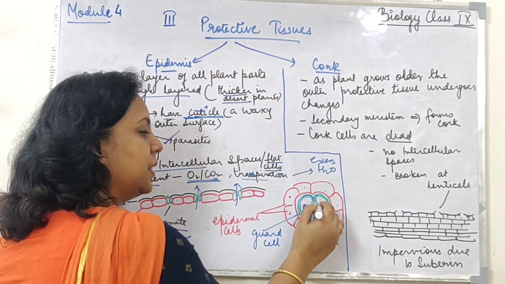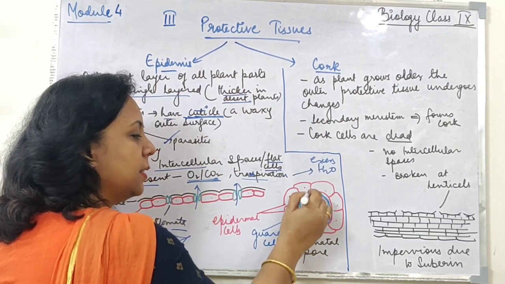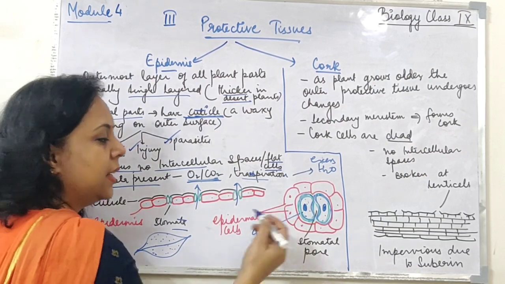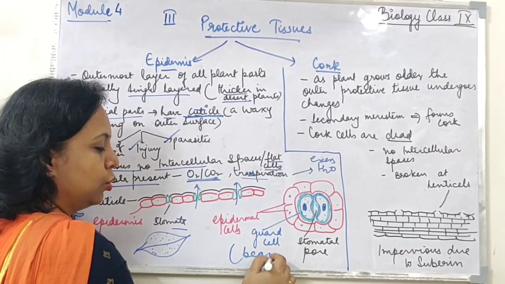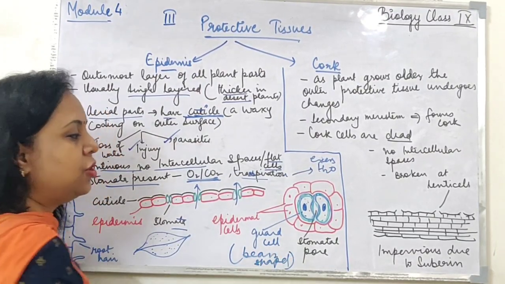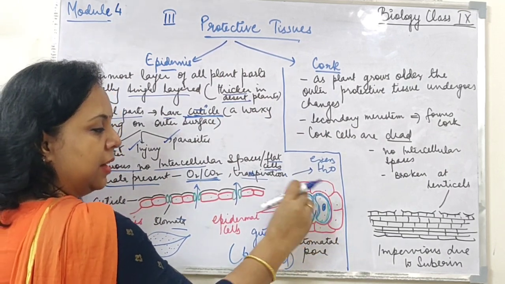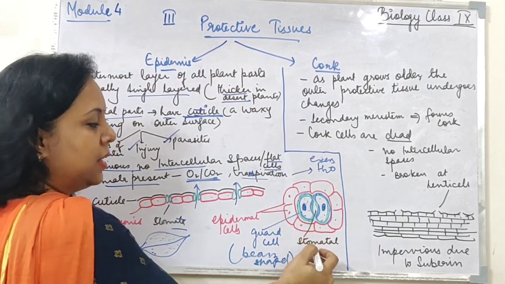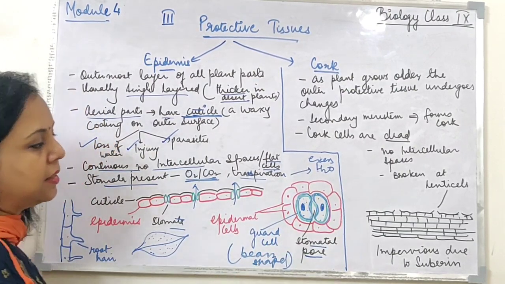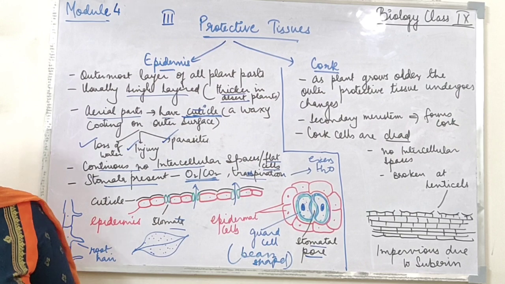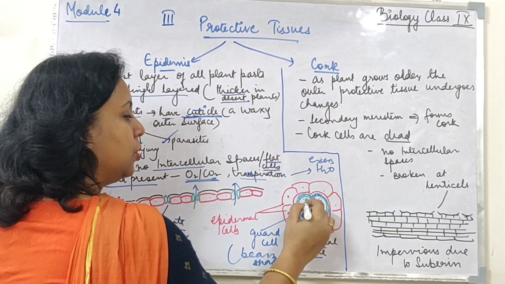These are the two guard cells, and you can see the shape. What is the shape of guard cells? Easy to guess? It is kidney shaped, or we can also say bean shaped. So the guard cells are bean shaped and they are hiding, or they are just covering the pore called the stomatal pore. You can see that guard cells are having nucleus. They also have chloroplast. That means they perform photosynthesis also.